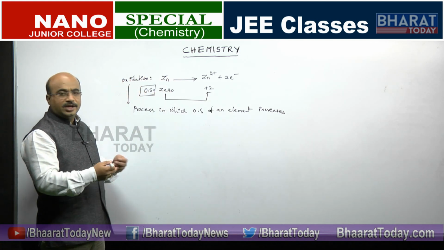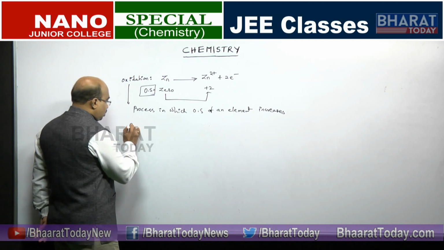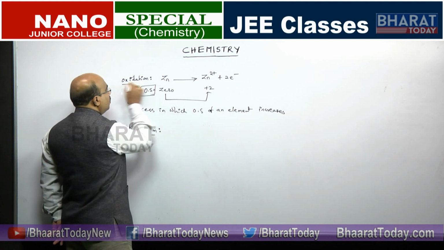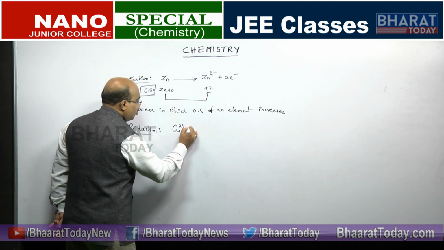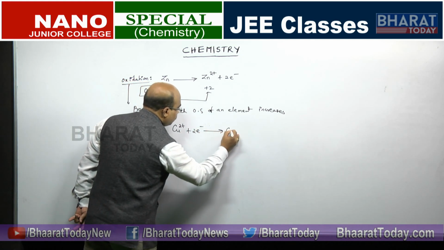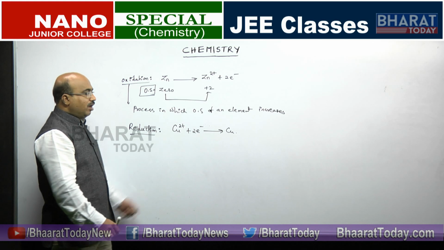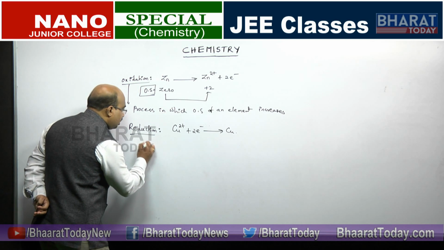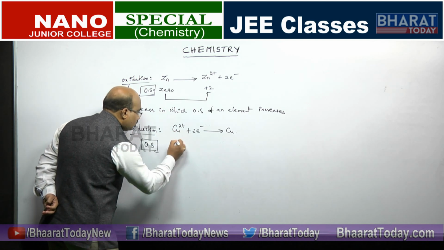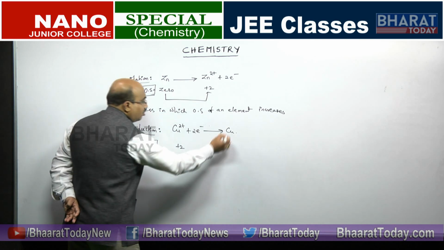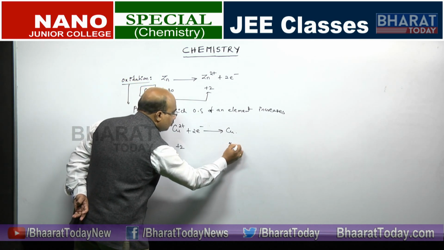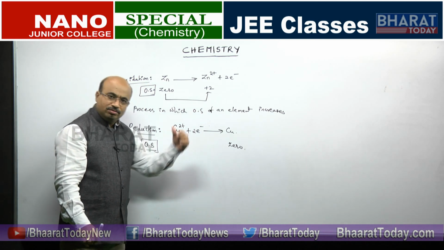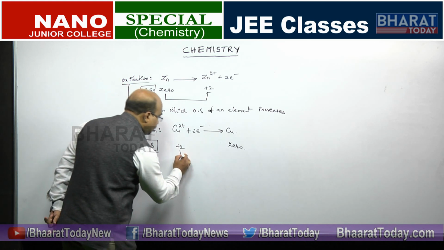Let us see the other reaction, the reduction reaction, which we already explained as Cu2+ plus 2 electrons giving Cu. So, the gain of electrons is reduction. If you use the oxidation state concept now, the oxidation state of copper here is +2, and the oxidation state of copper here is 0. So, it is going from a higher value to a lower value, or the charge on the atom is decreasing.